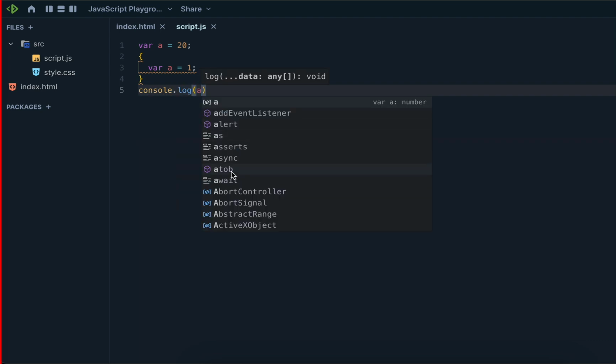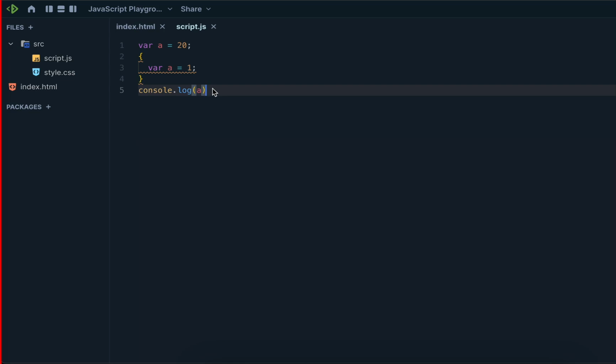What is the output for this? Kaustubh, one. Yuvraj, and Priyanka, one. One. One, sir. Okay, got it.